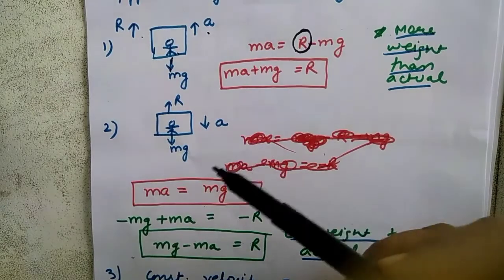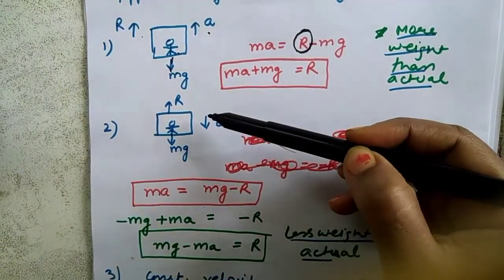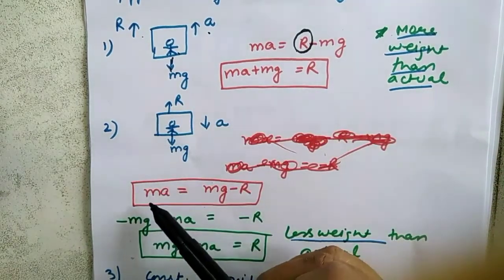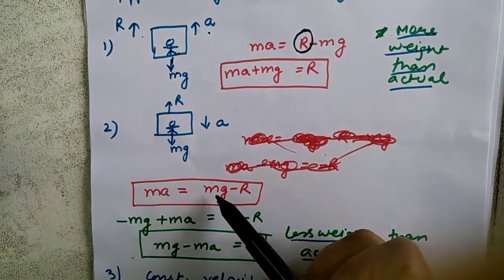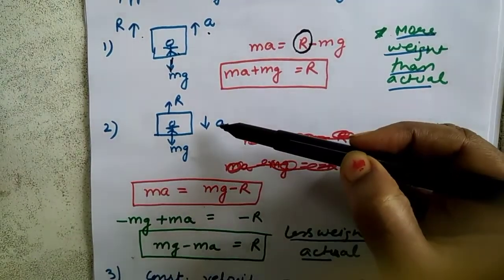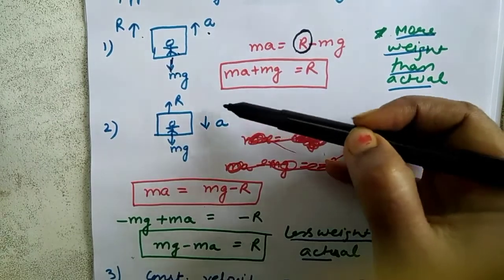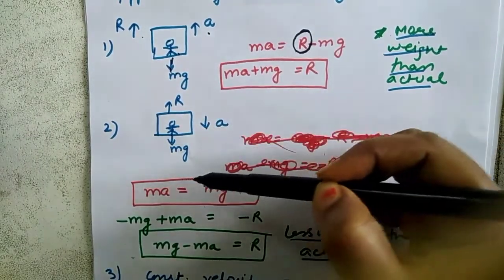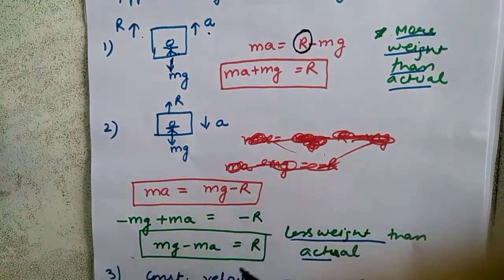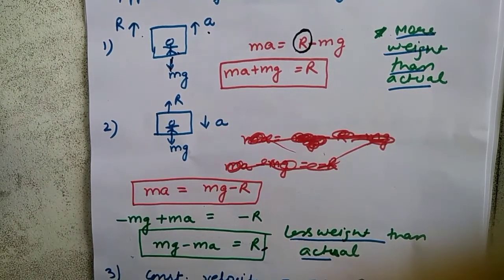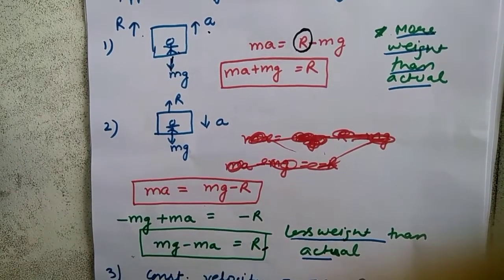Anyways, the second case is when the lift is accelerated in the downward direction. In this case, my equation will be ma equal to mg minus R. Always see which direction is the acceleration. So ma equal to mg minus R. When I calculate R, it comes out to be mg minus ma. That means my apparent weight would actually show less than the actual weight